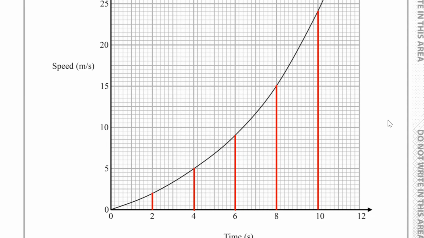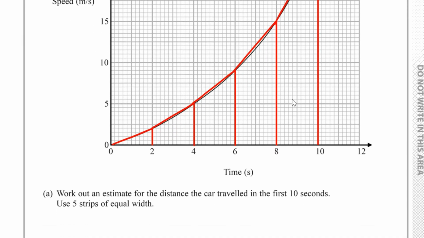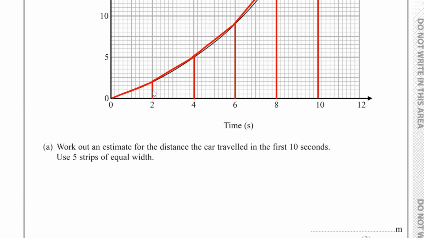So now we need to join all these up, as we see here. So let's just join these up as we see here. And of course the area under a speed time graph corresponds to the